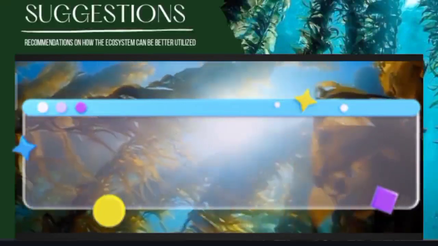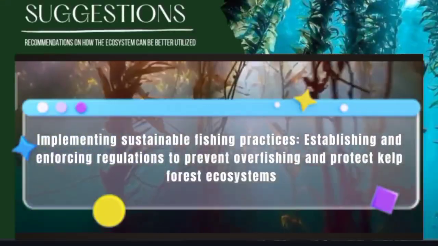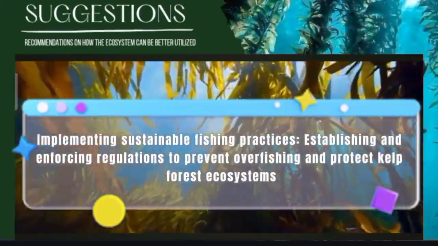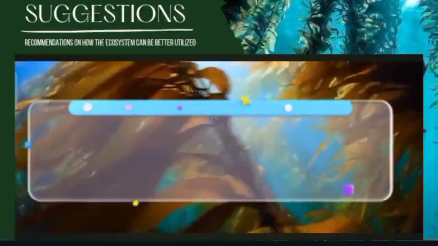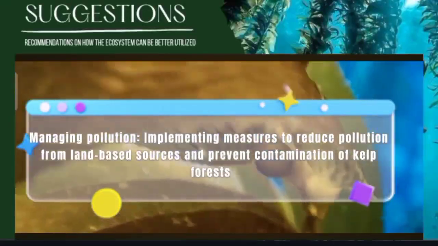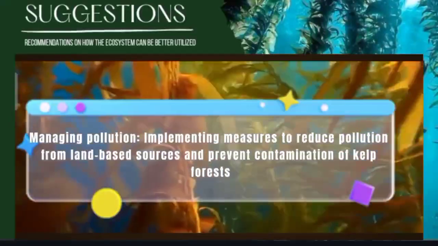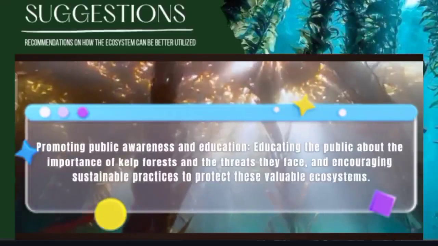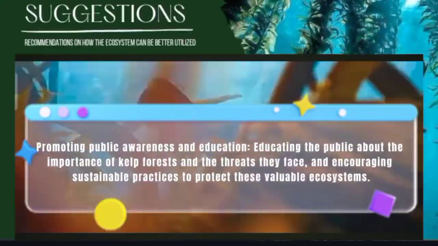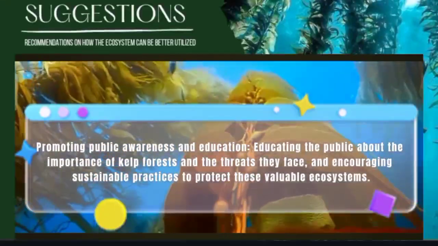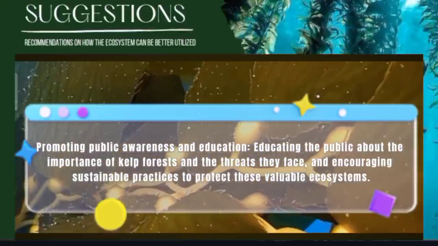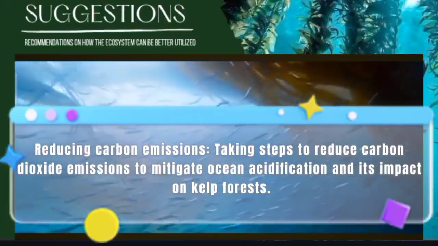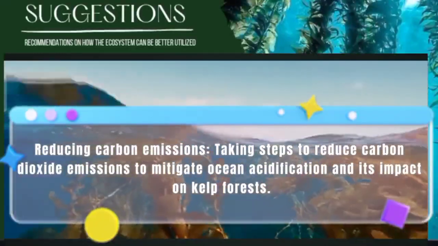Here are the suggestions for reducing the threats that the kelp forest faces. The first one is implementing sustainable fishing practices, establishing and enforcing regulations to prevent overfishing and protect kelp forest ecosystems. Second is managing pollution, implementing measures to reduce pollution from land-based sources and prevent contamination of kelp forests. Next, promoting public awareness and education: educating the public about the importance of kelp forests and the threats they face, and encouraging sustainable practices to protect these valuable ecosystems. And lastly is reducing carbon emissions, taking steps to reduce carbon dioxide emissions to mitigate